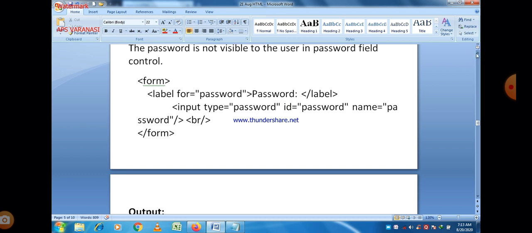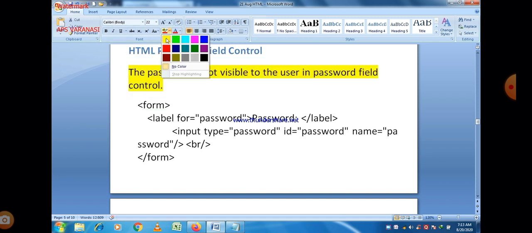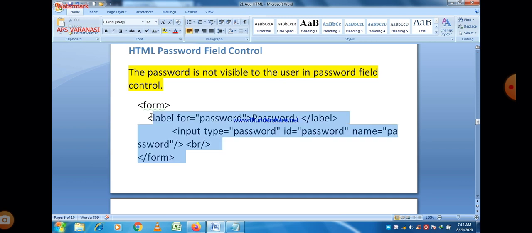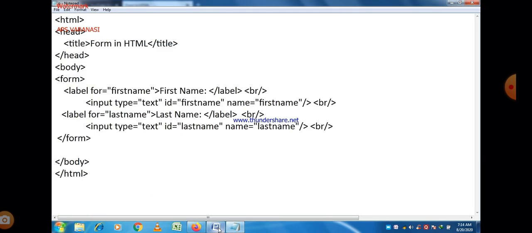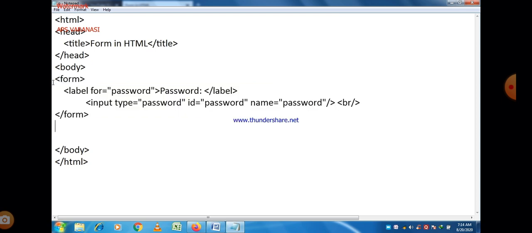You can see that here we made only one change: password is there in place of text, and the name of the label is also changed to password. So the password field will be created, and we just write the name attribute, name is equal to password. It is optional.